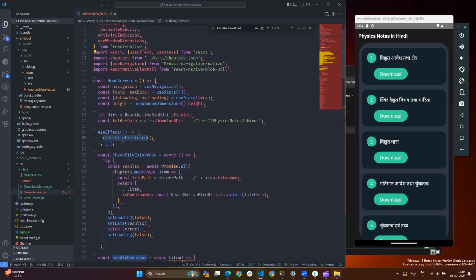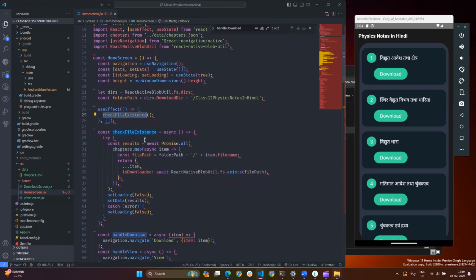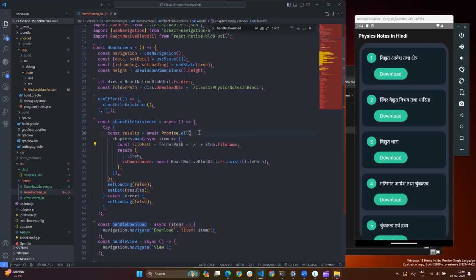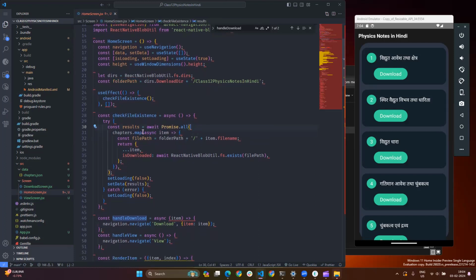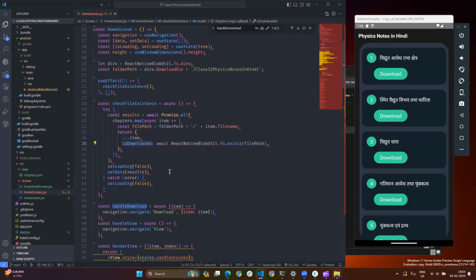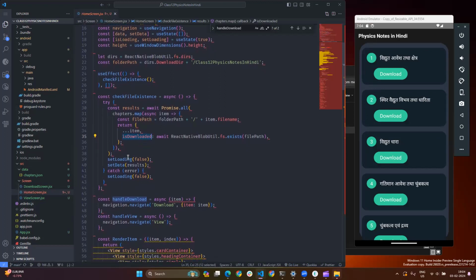Now inside the file existence, we are checking whether the file already exists or not. We are checking that file existence using this block of code. So React Native Blob Util provides a call, ReactNativeBlobUtil.fs.exists. It checks the file path and returns true or false. Okay, so if it exists, then we are adding one parameter called isDownloaded, and once we're done with that,